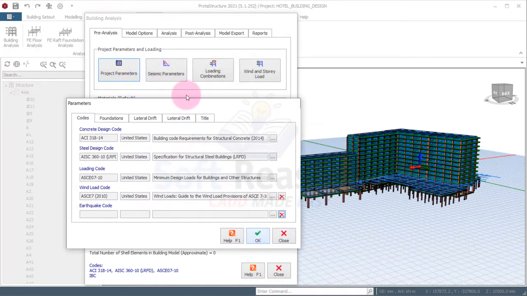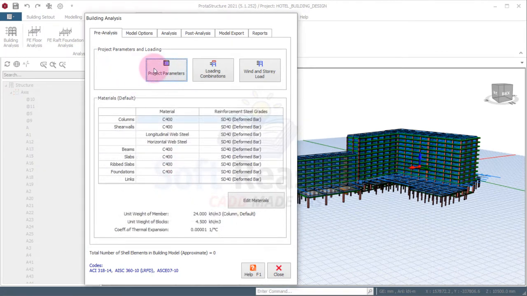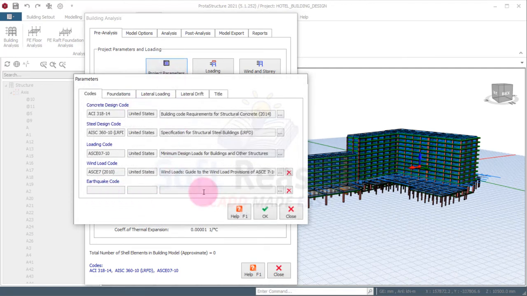Once I click on OK options, you will see the seismic parameters tab here again. So I do that right away. Click on OK options, just like this. You can see the seismic parameter tab has been removed from here. All right. So if I come to project parameters again,